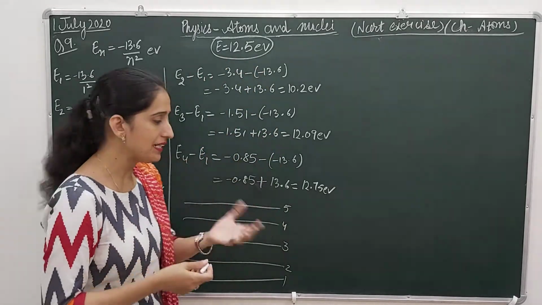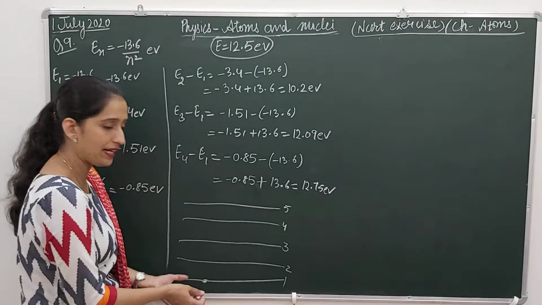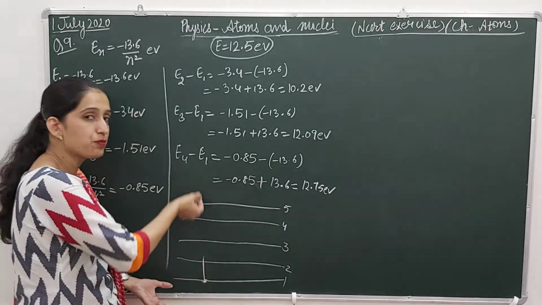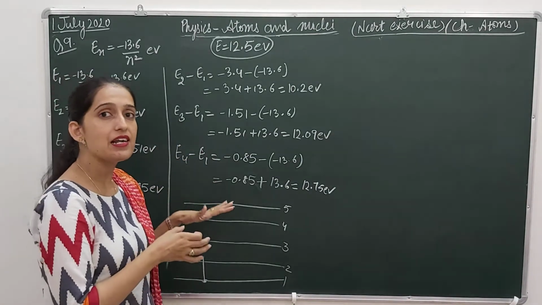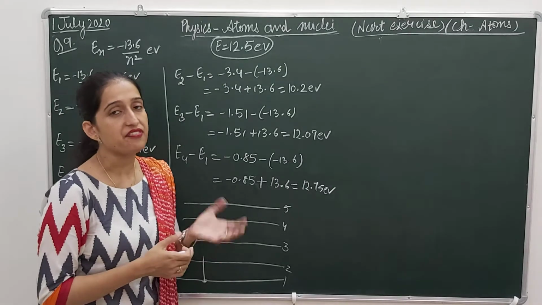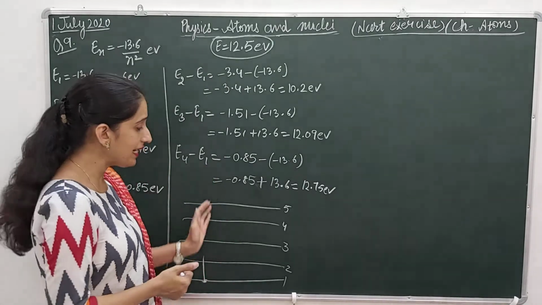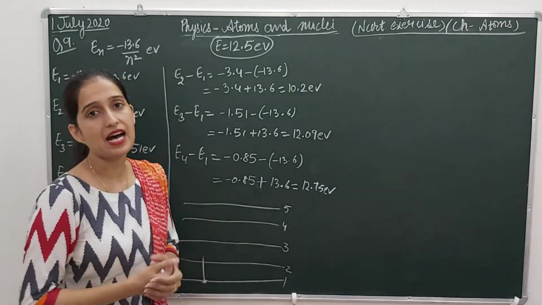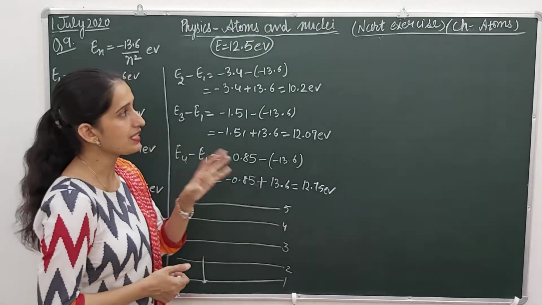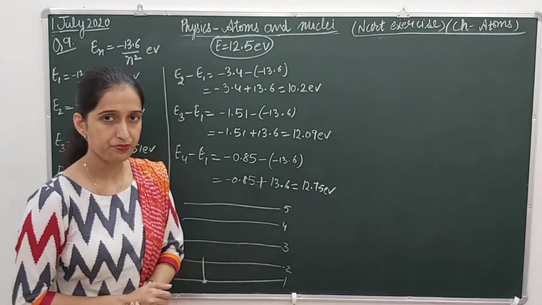Of course, when the ground state electrons absorb energy, they will be excited up to the higher levels, and the lifetime of the excited levels is short. After some time they need to come back to the lower levels, and when they come back, they are going to release the energy. So they are asking what kind of series they are going to emit.